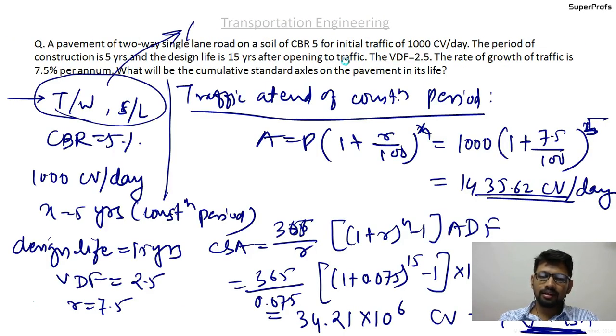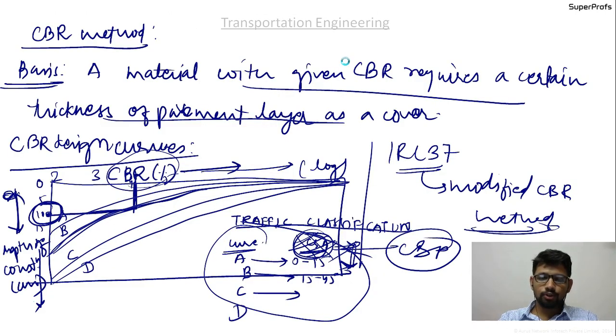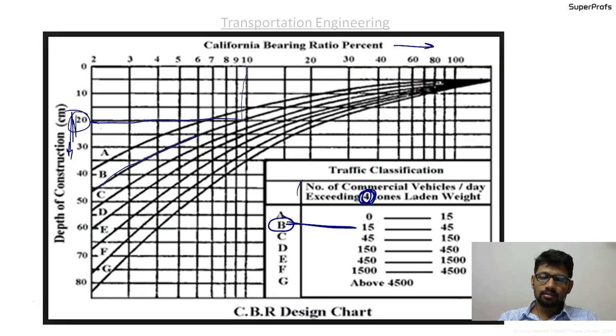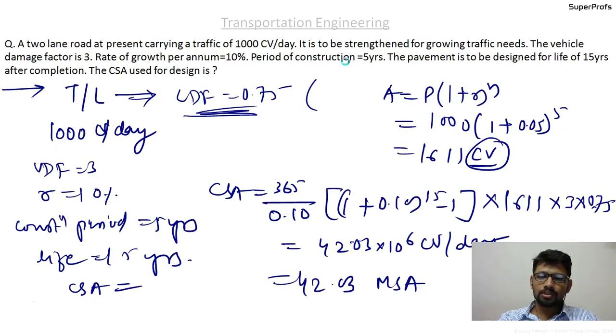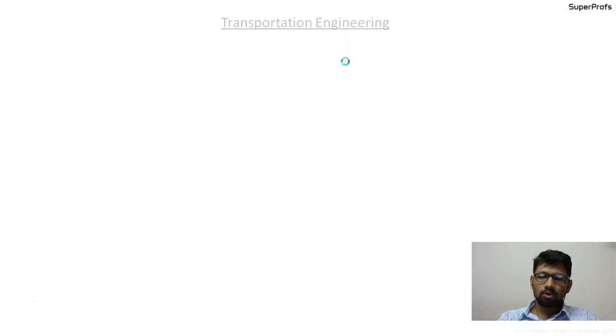And note that this question has been frequently asked, and I am almost sure that you have understood how to calculate the depth of the pavement once you are given the cumulative standard axles and this chart. I hope the calculation part is very clear to you, because we took a sufficient number of examples. Let's now move ahead to discuss the two terms, the fatigue criteria.